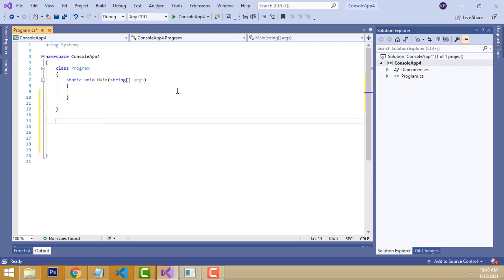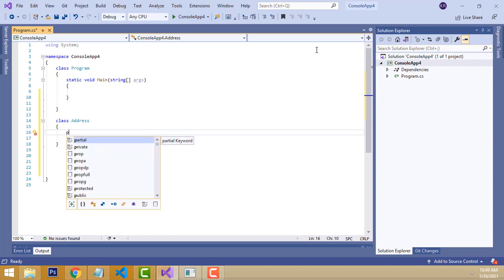First I am going to create a class. The class name is Address. We have to write class, and then type Address over here. Then we have to write the variables.